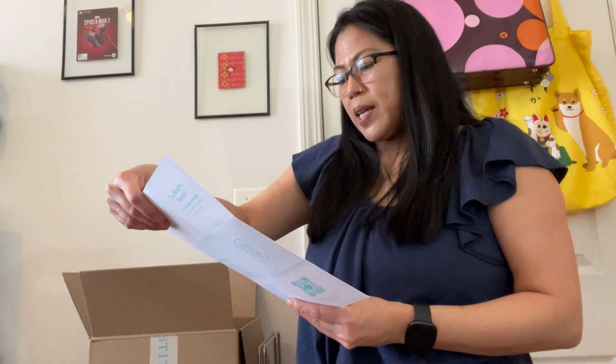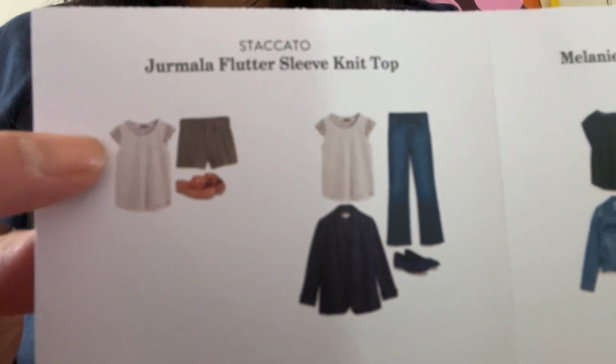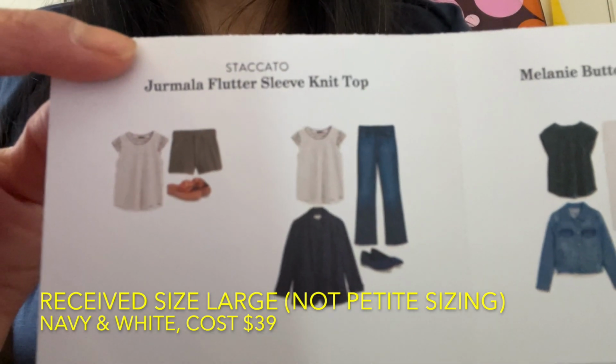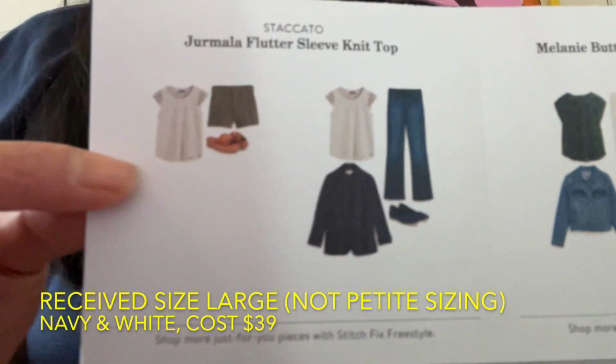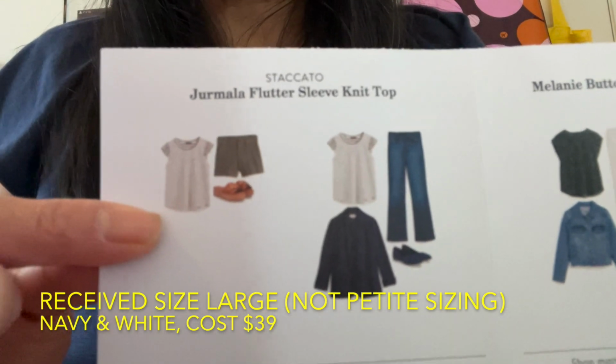Sort of basically what I told you about myself, and that I needed an entire wardrobe. I needed sort of like a summer capsule approach. So the items that I did not keep were the Grimala flutter sleeve knit top. So this right here, by the brand Staccato, right? It made me look really boxy, right? And so